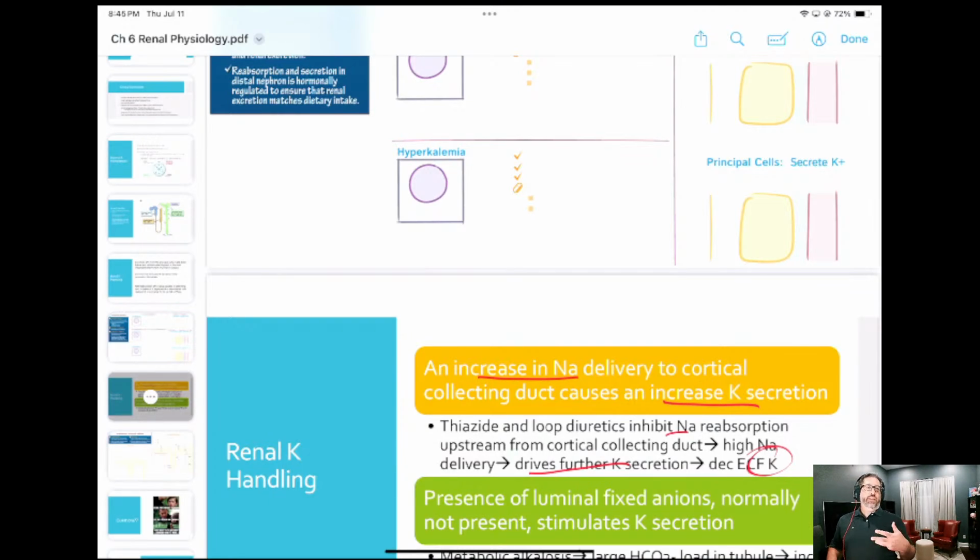Just know that we have these titratable acids that when we need to get rid of acidity, we have ways to bind that hydrogen to these titratable acids to get rid of the acidity, and then we just pee the titratable acid out. So they're ones that can accept